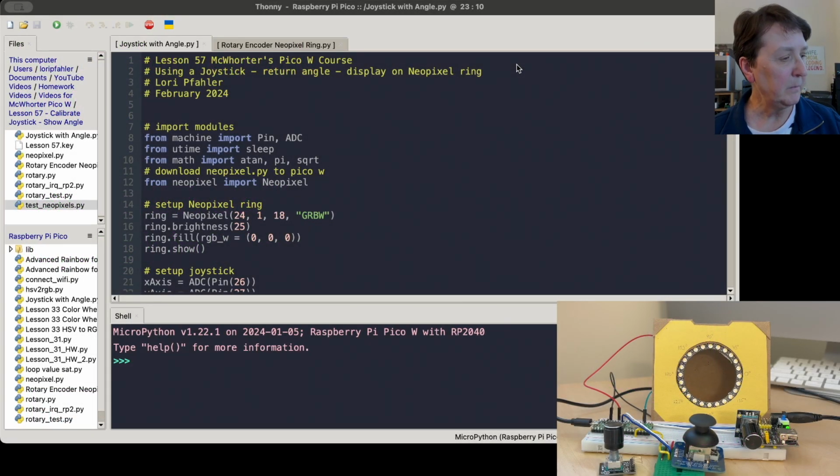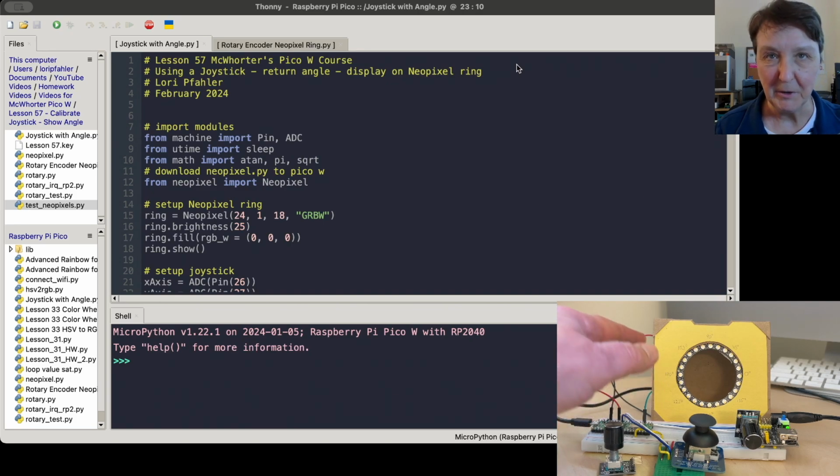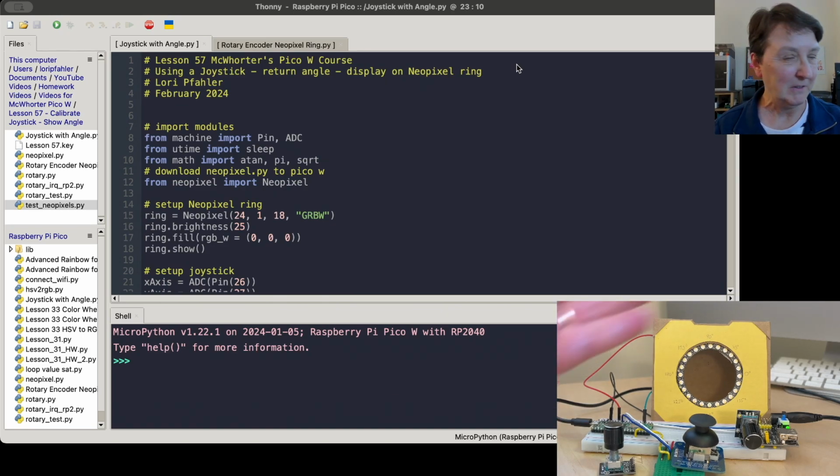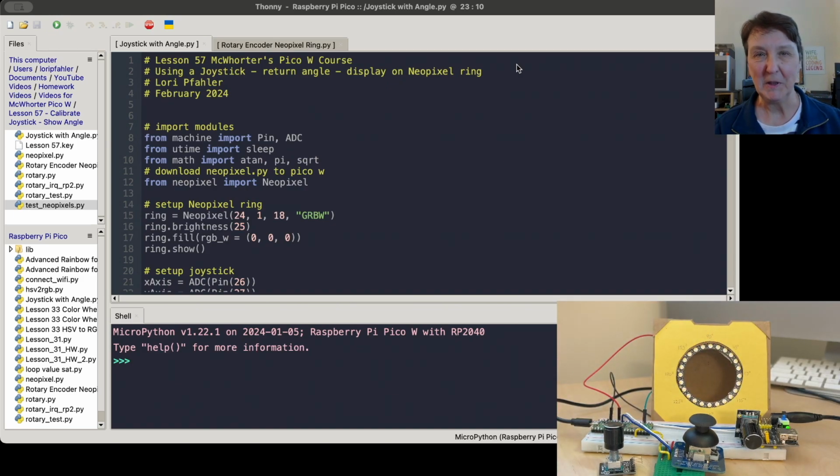All right, I have my setup over here, my joystick, and then I've added in my NeoPixel ring that I've used before, because I figured if we're talking about the angle around a circle, then lighting up the NeoPixel that goes with that angle